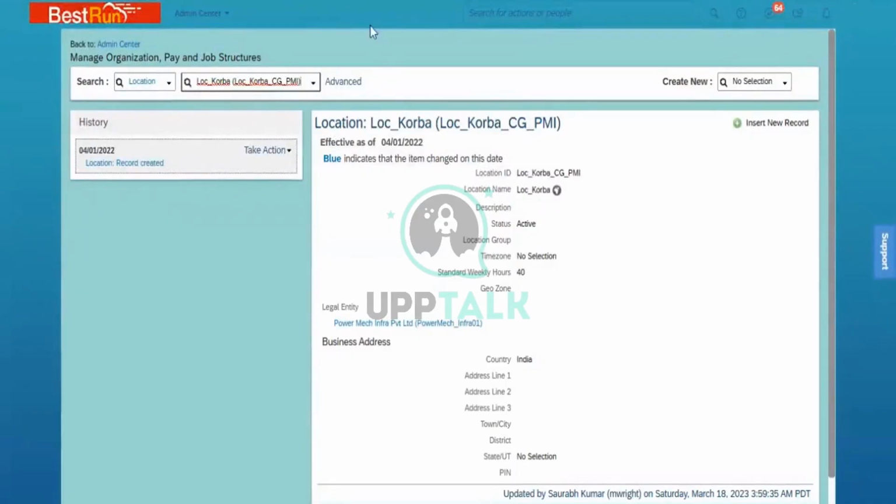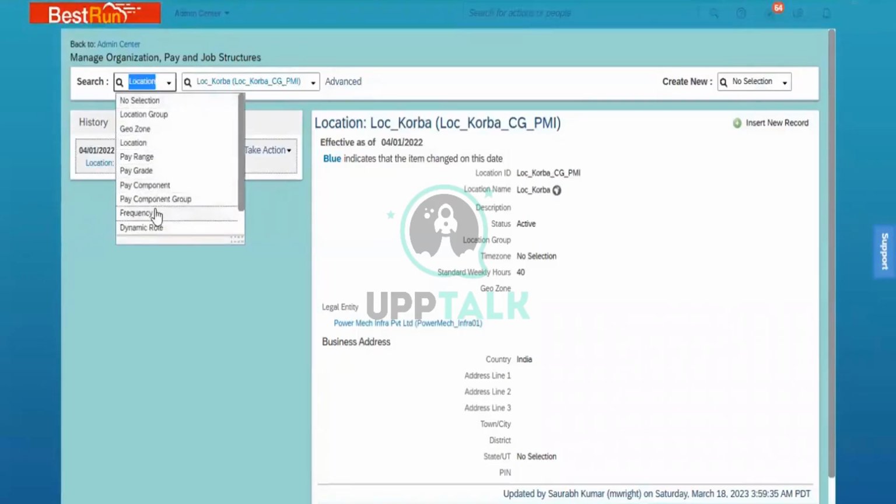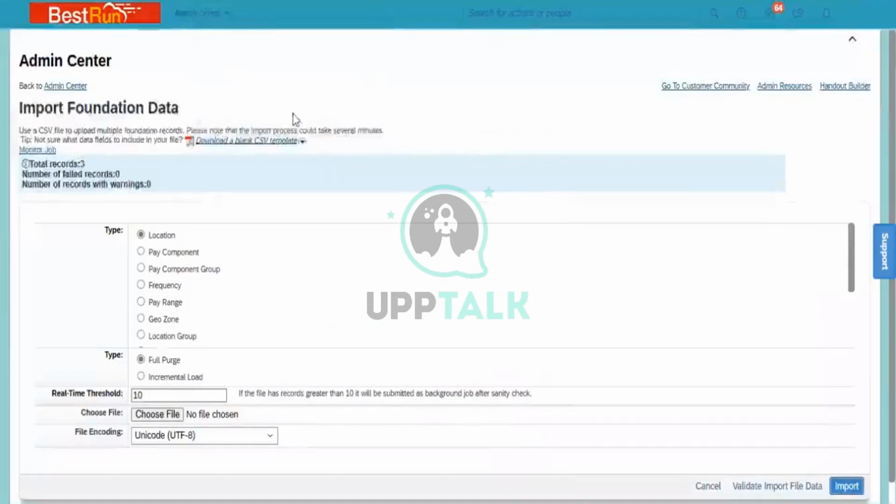In this way, two methods we have learned today for creating the records for the foundation. One is the manage object-based structure, from where you can create the records for any of these foundation objects, maintain those records here, search for that record, and create the record from here. Another way is import foundation data, where you can upload multiple records at a time. For that we need to download the template, update that template, and import that template for that particular object by selecting the